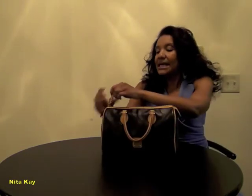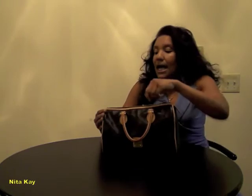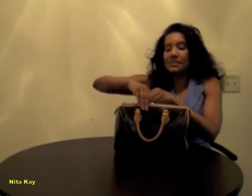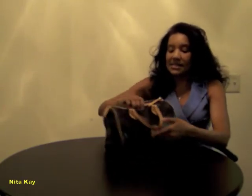But there you go. I love the zipper. I've never been one to zipper my bags. I've always said, we'll just leave it open. My mother and my sister ask, why don't you zip up your bag? And I'm like, what's the point? But this zipper, I zip. I love it for the fun of it. It's very simple. No pockets on the outside. Just a little emblem here, and I prefer this shiny gold hardware as opposed to the darker brass. I don't even know if they're still using brass now, but of the look of brass, I prefer this shiny